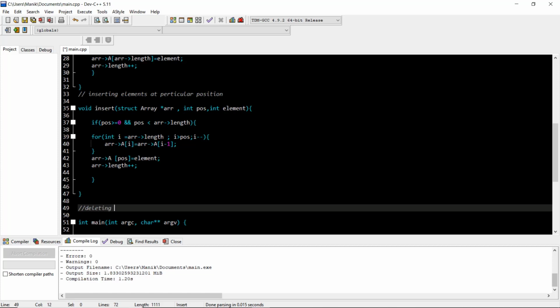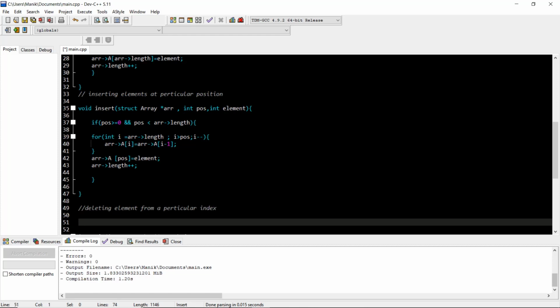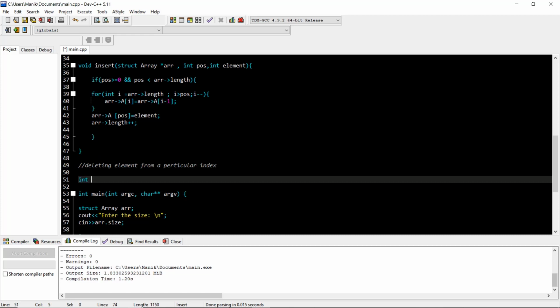Deleting an element from a particular index. Okay, so it is of integer type. Why? Because we are passing the element of type of an element. We are passing the parameter, which is the element which is deleted at a particular index. Okay, so delete,